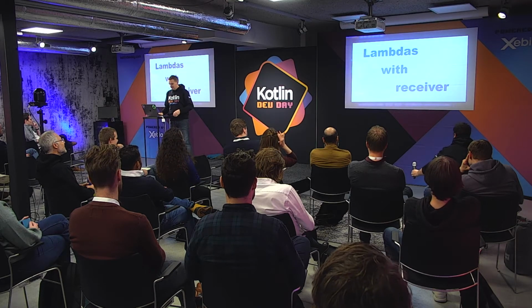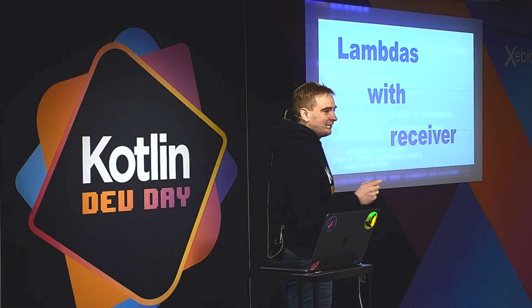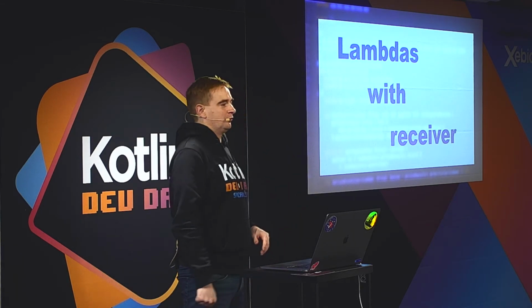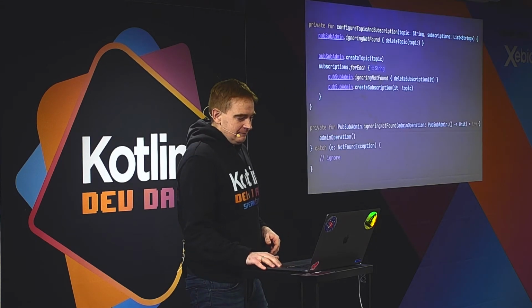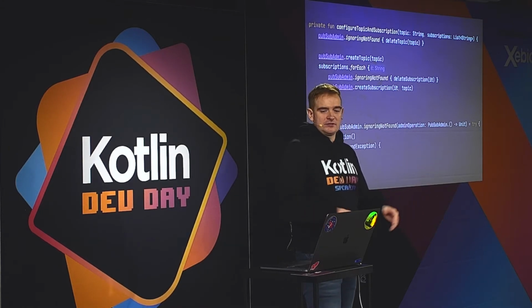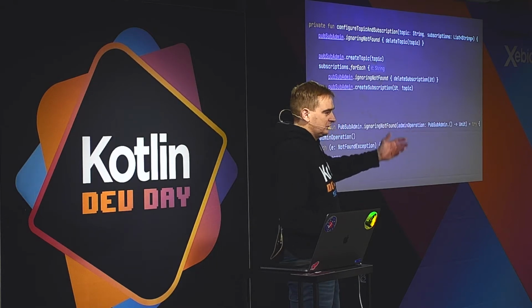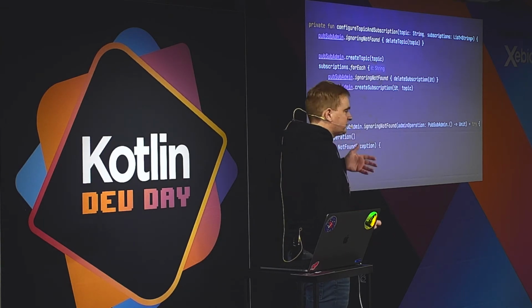Danger. So let's talk about lambdas with receivers. Nicola showed them, and I think Nicolaus as well, because these are your go-to tool for DSLs in Kotlin. By now everyone knows what lambdas with receiver are: you execute the context of your lambda within an externally defined object. And this was one of the locations that I used them. This was some test configuration code